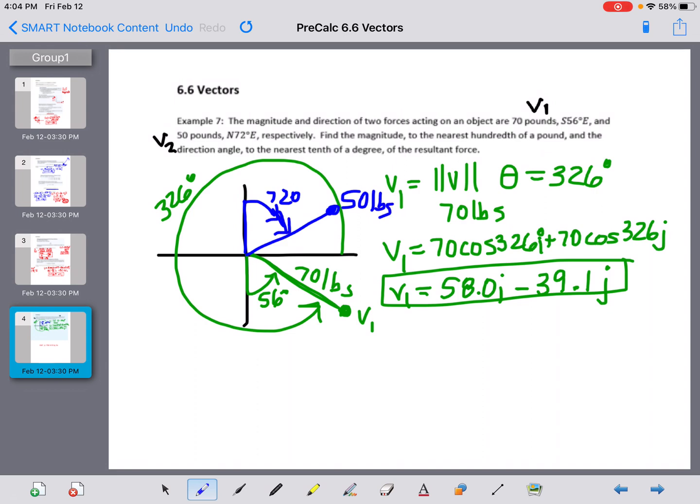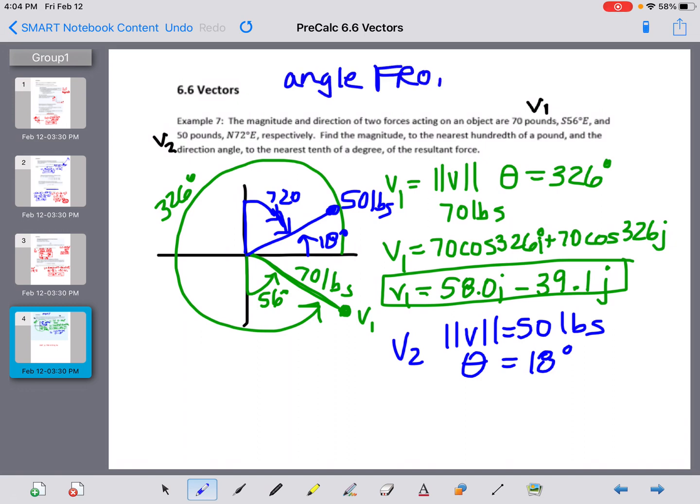All right, so for vector 2, when I go to find my magnitude, it's going to be 50 pounds, I know that. And its angle is all about the zero, right? So if it's 72 degrees to the east coming that way, 90 minus 72, I'm only at 18 degrees. So this one's going to be 18 degrees because it's always from the zero. Okay, you might want to write yourself that. The angle